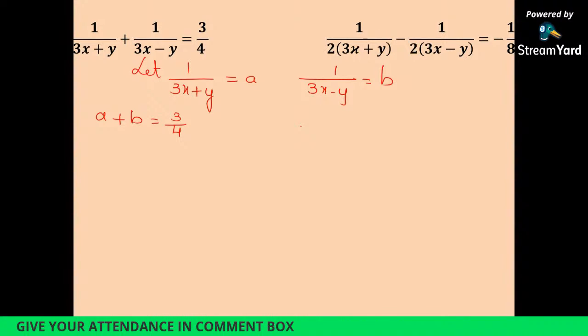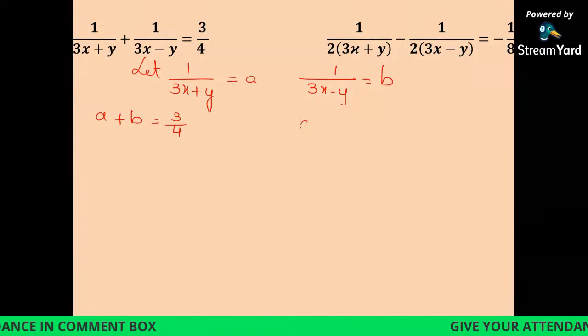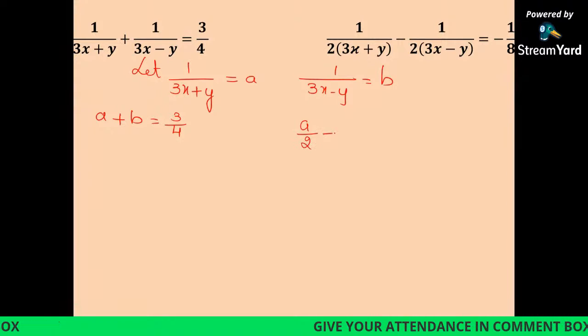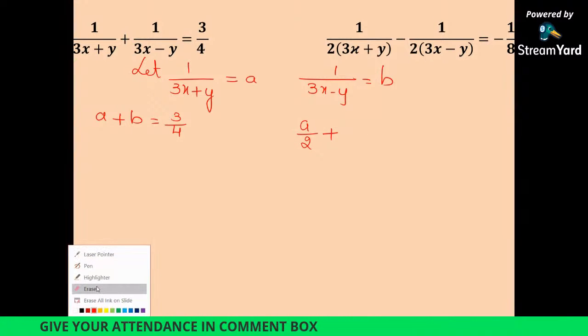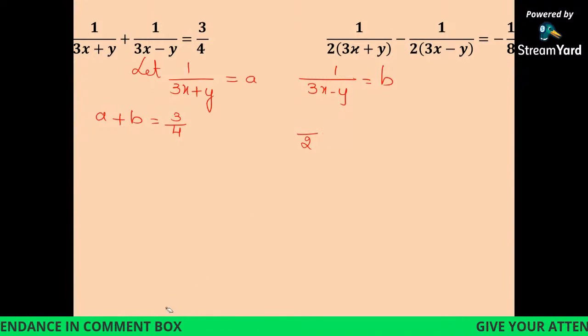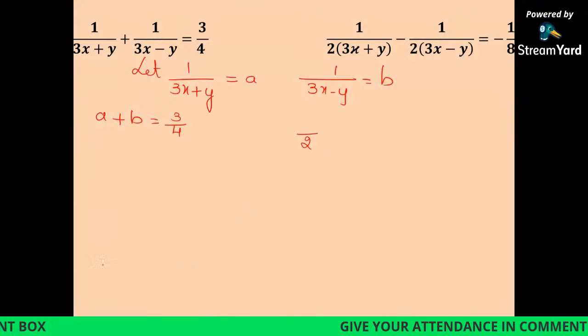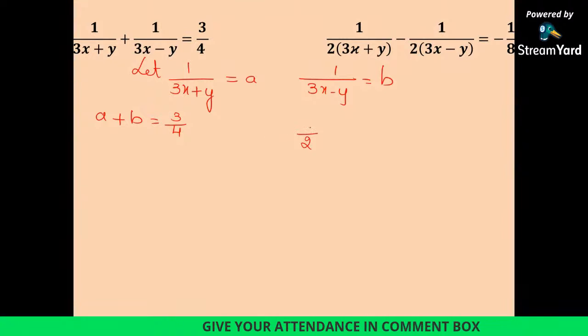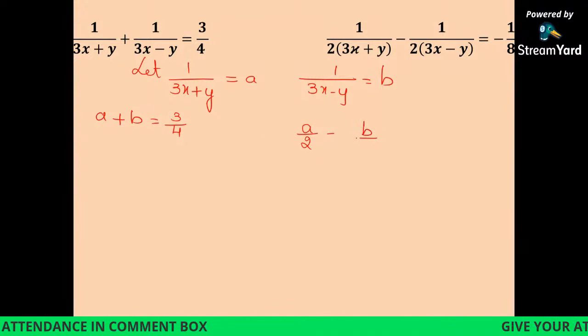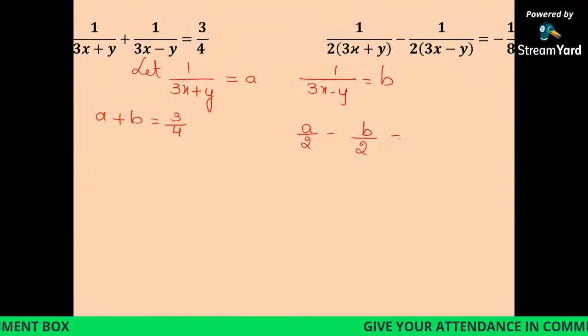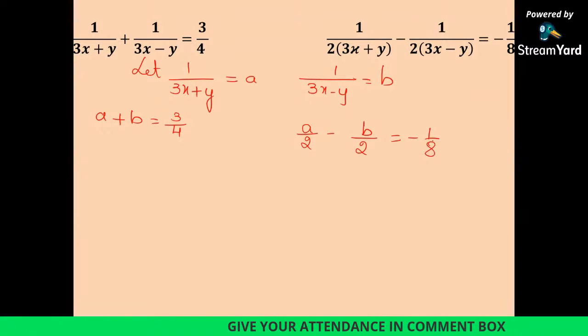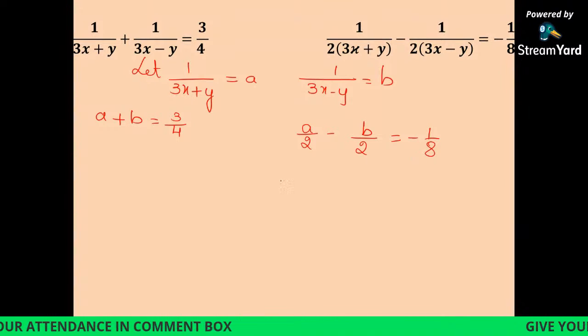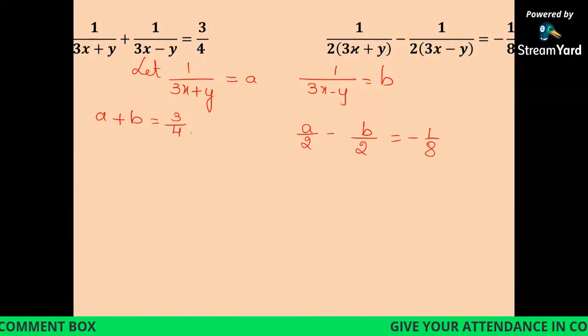And one more, this side, a divided by 2, minus b divided by 2 is equal to -1 by 8. Is it right? Yes, this is your question,